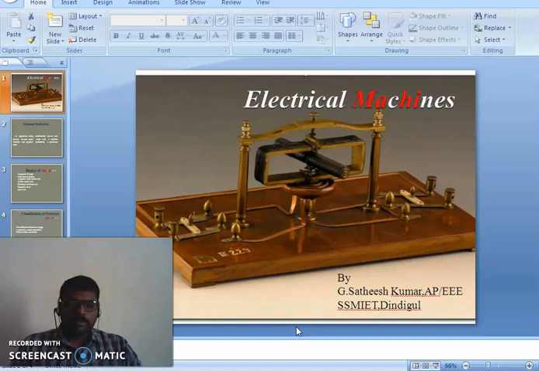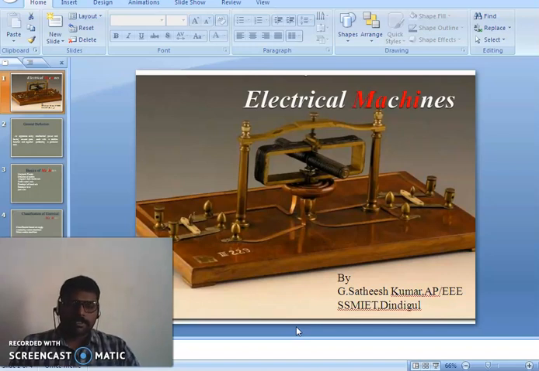Today we are going to discuss the introduction of Electrical Machines 1, because as you all know, the Electrical Machines subject has been classified into two. One is Electrical Machines 1 and another one is Electrical Machines 2. We are going to deal with Electrical Machines 1, mostly related to DC machines and one static machine, the transformer, while Electrical Machines 2 deals with the AC machines, which is going to be conducted in the next semester. Okay, let's get into the topic.